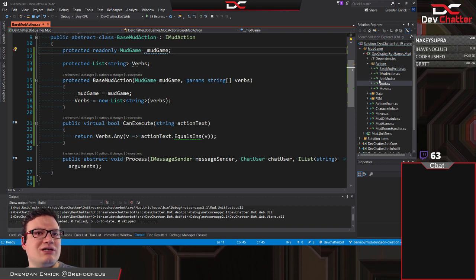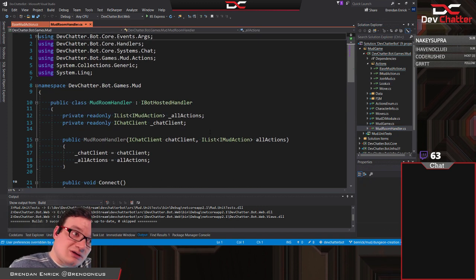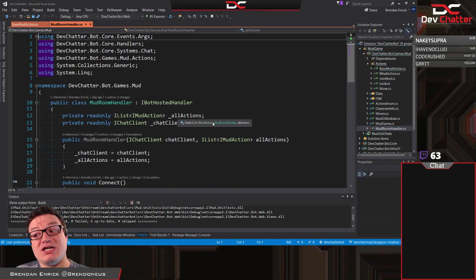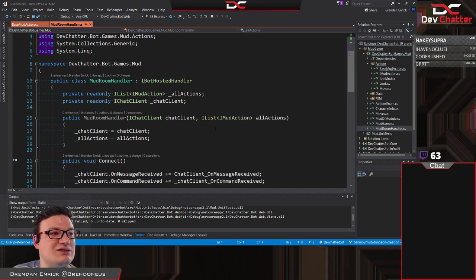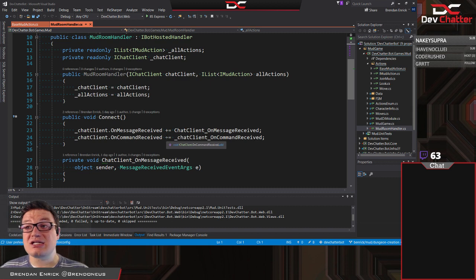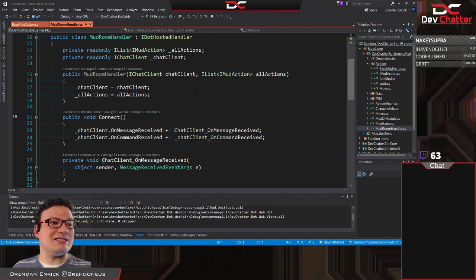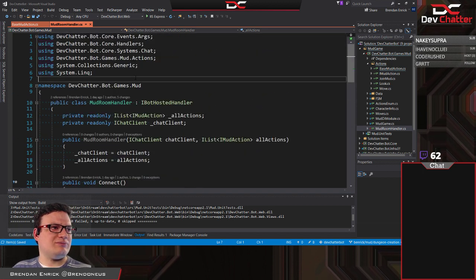So now when we take a look at the mudroom handler, which maybe the name will change now that we know what types of things these are doing, now that we've called them mud actions. So it might end up being the mud action handler instead of the mudroom handler. But I was originally thinking this handles the actions in the mud chat room was the idea. So now we do that, we run that. Let's give this a shot. Let's see if it works. I think it might. Oh, nope, whoops.